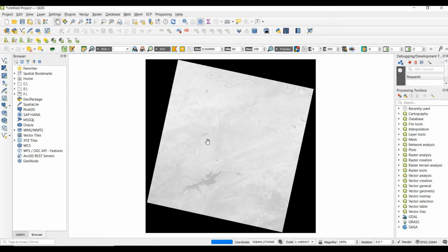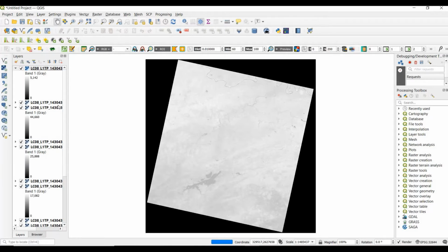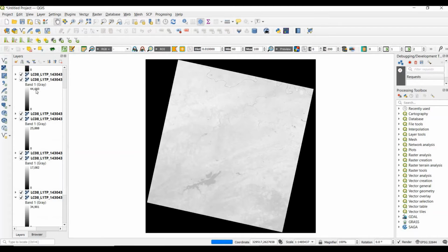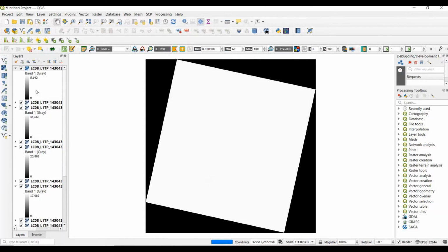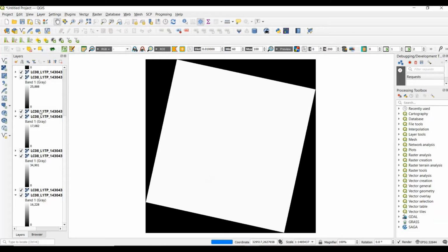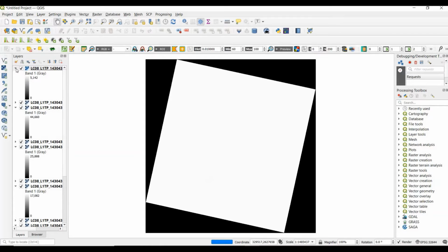So we can see that in our workspace there are layers added. We can also see here these are the layers which we added to our workspace.